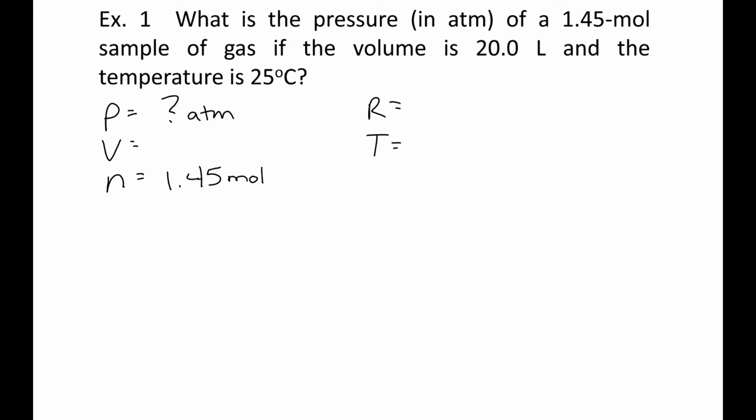Sample of gas. If the volume is 20.0 liters and the temperature is 25 degrees Celsius. Well, remember, temperature has to be in Kelvin, so 298 Kelvin. Now, R value. We want atmospheres. So if you look back at that list of R values, you find the one that has atmospheres in it, and that's